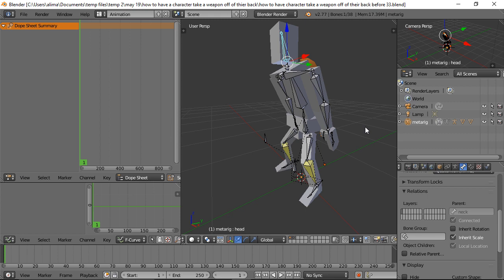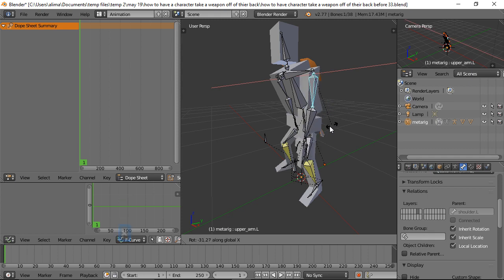Without getting too into it, these yellow bones right here are IK bones, which stands for inverse kinematics. It sounds complicated, and I like how it sounds, but it's not that complicated. Basically, because we have IKs on here, when we clicked here and pushed down, these legs bent. If I click this bone right here and press R to rotate on the x-axis, this arm moves forward. This arm works by what's called FKs, or forward kinematics, and what that means is that